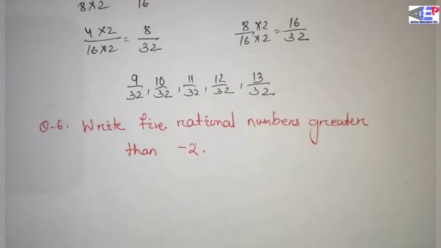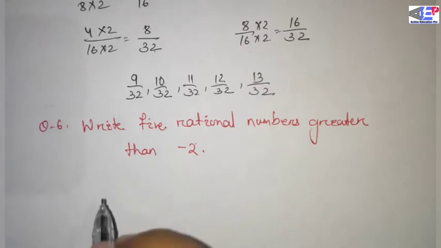Question number 6, write 5 rational numbers which are greater than minus 2. It is similar to our question number 3. In my previous video, we already discussed question number 3: write 5 rational numbers which are smaller than 2. And here the question is which are greater than minus 2. So if I draw a number line,